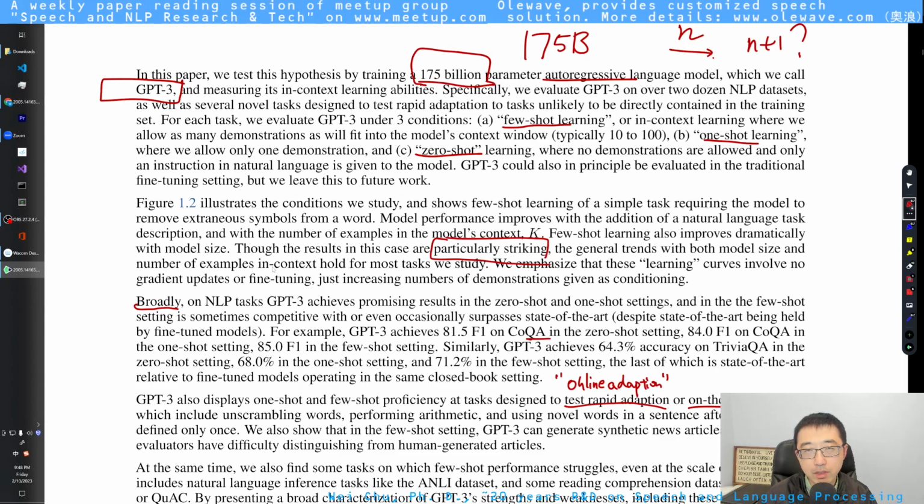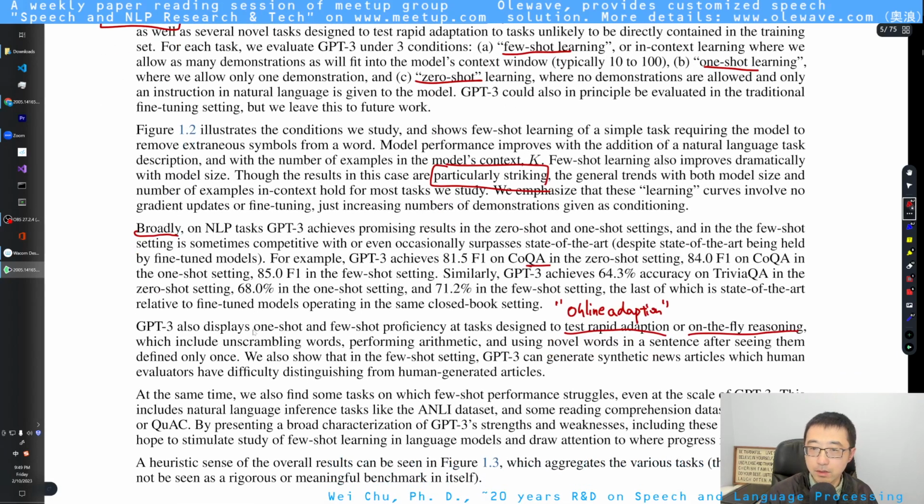For example, you can leverage a knowledge base after you get the NLP results, or some other external model, a second model, to manipulate the result from the first stage. That's my understanding.